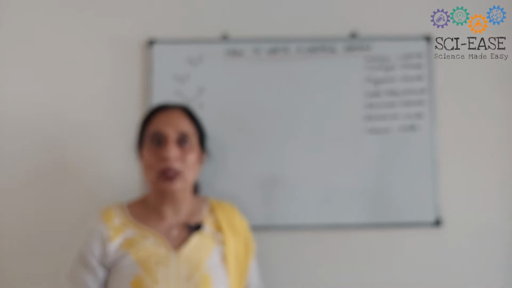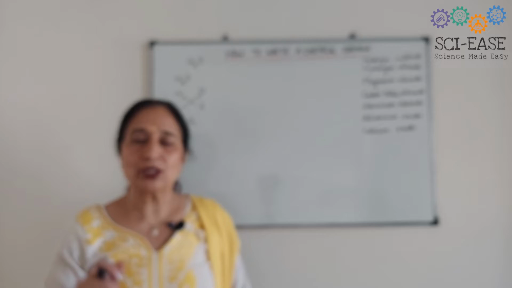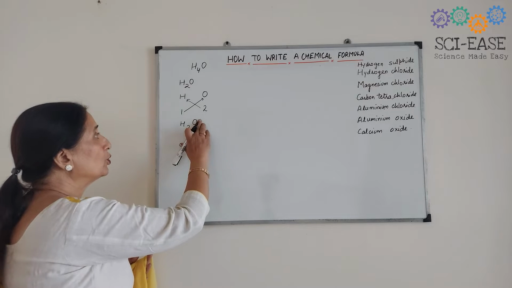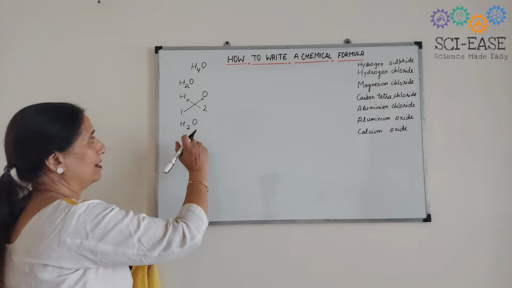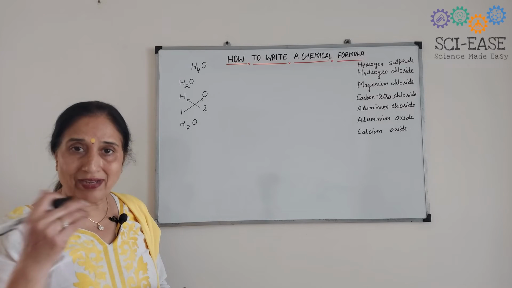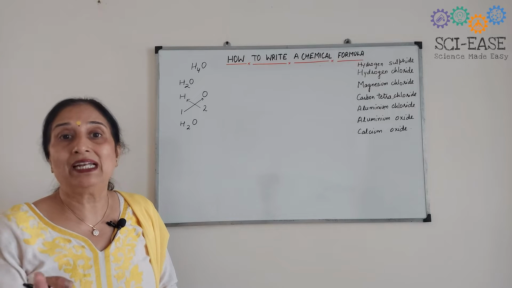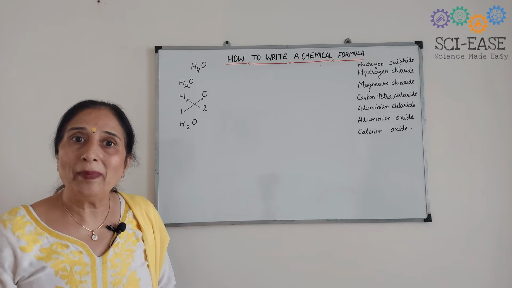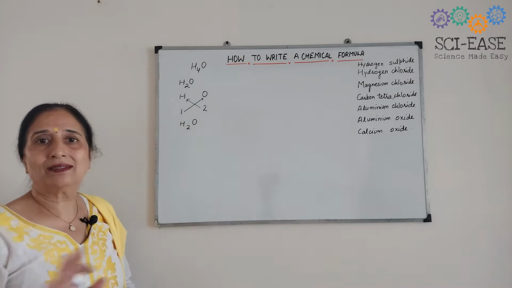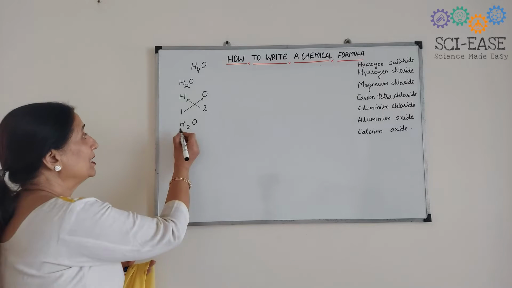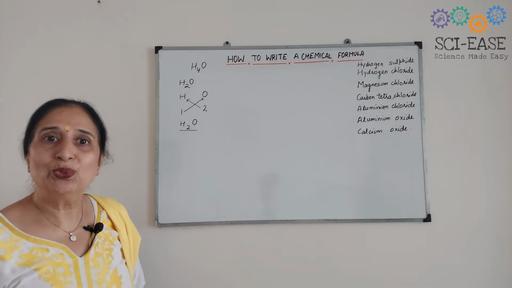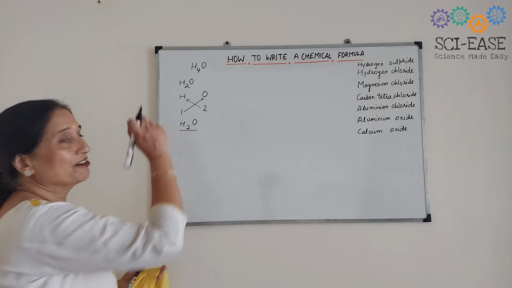But there is one rule. There are some rules that I am going to tell you side by side. First rule is that you are not to write 1. If the atom is 1 in number, or the valency is 1, you are not to depict it as a subscript. You are to omit it. It's understood that 1 means that 1 oxygen is present here. So the formula for water comes out to be H2O. How it comes, I have told you.